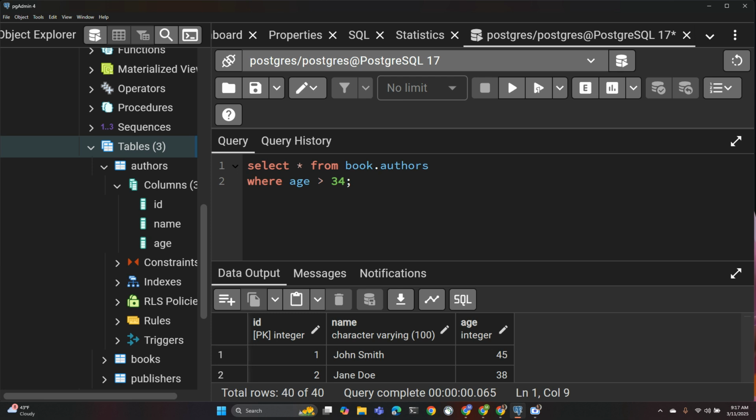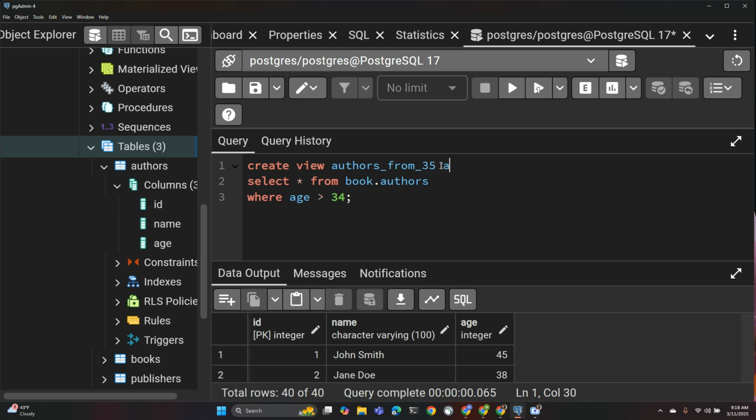Like I said, a view is a stored query. The view does not store the result. It does not store another table in our database. Instead, it just stores the query. So let's write an example of a view. To create a view, you simply start by saying create view, then the name of the view. So I want to call this view authors from 35, right? So this is the name of the view, authors from 35,